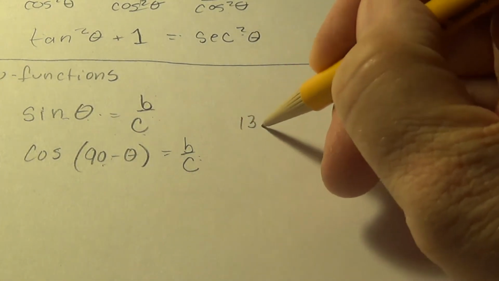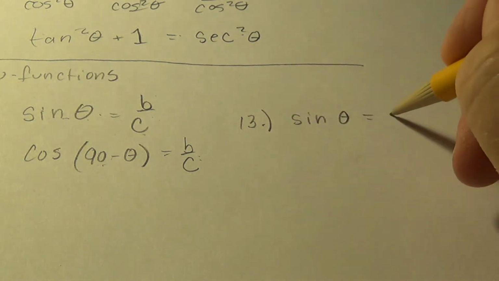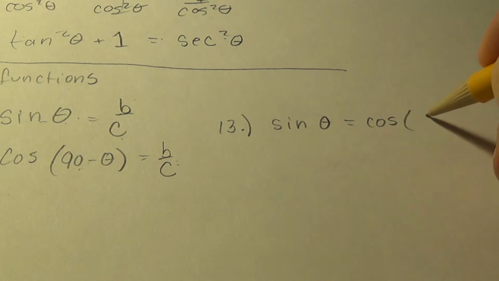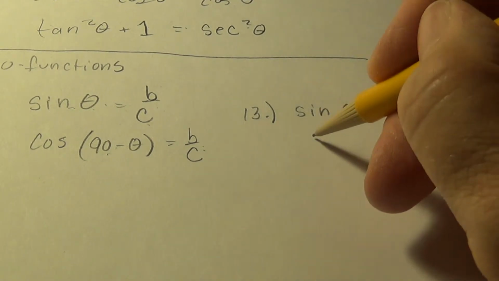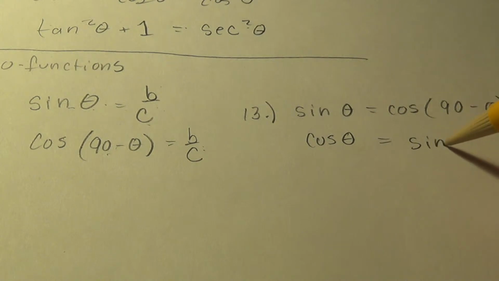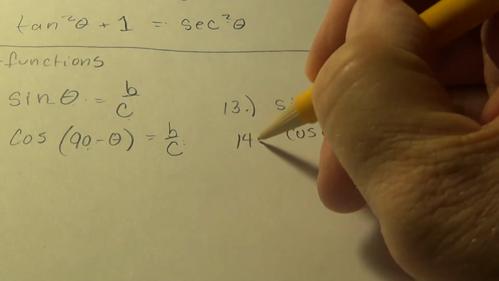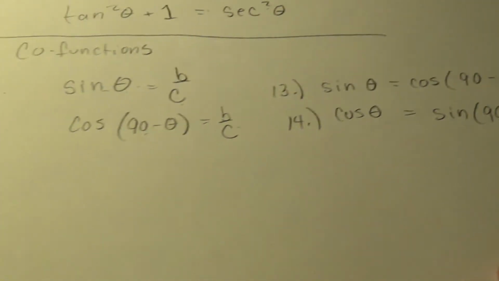So that's trig ID number 13. Sine of theta equals cosine of the other angle, 90 minus theta. And that will also work this way. The cosine of theta equals sine of 90 minus theta. So I won't prove that one, but it will work the same. All right, let's do,